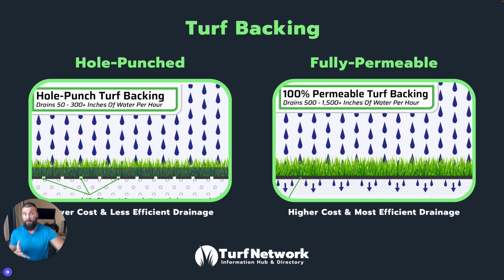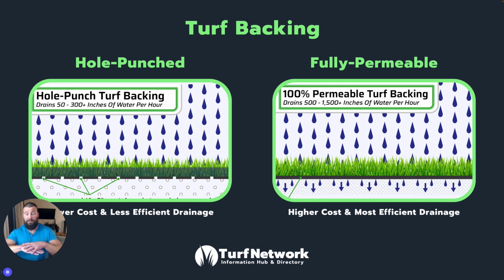The fully permeable backing is just a much better option for pet installations, or installations where a pet will be involved, because on the hole punch backing, with the spaces between the holes being like 4 to 6 inches, you basically have, I guess, like a no man's land between those holes. So say your dog pees right in the middle between two holes. Some of that pee will make its way to holes, but some of it will just settle on the top